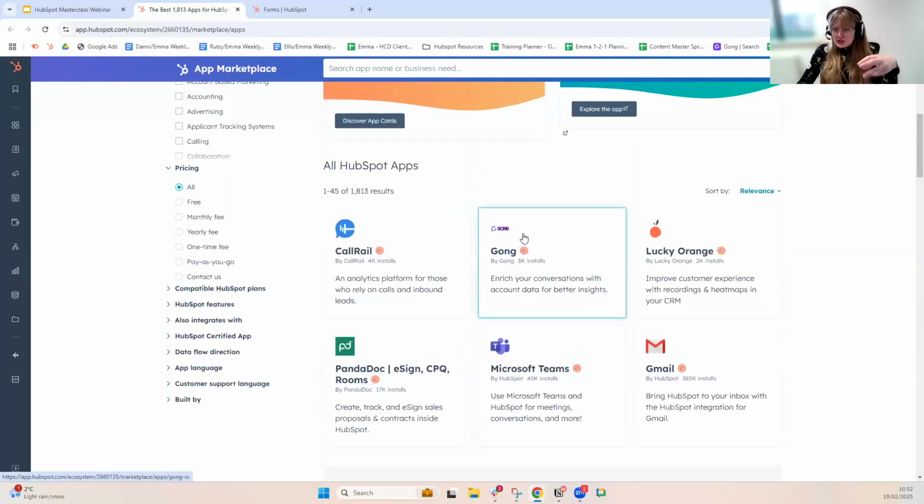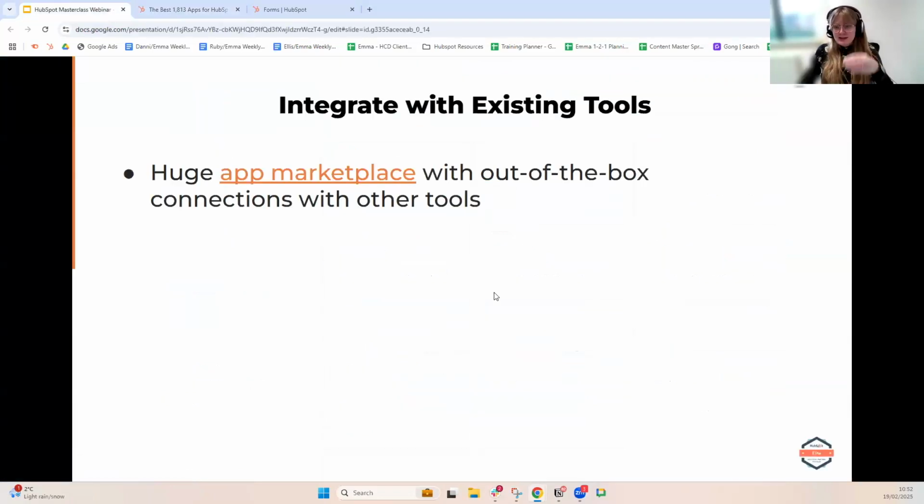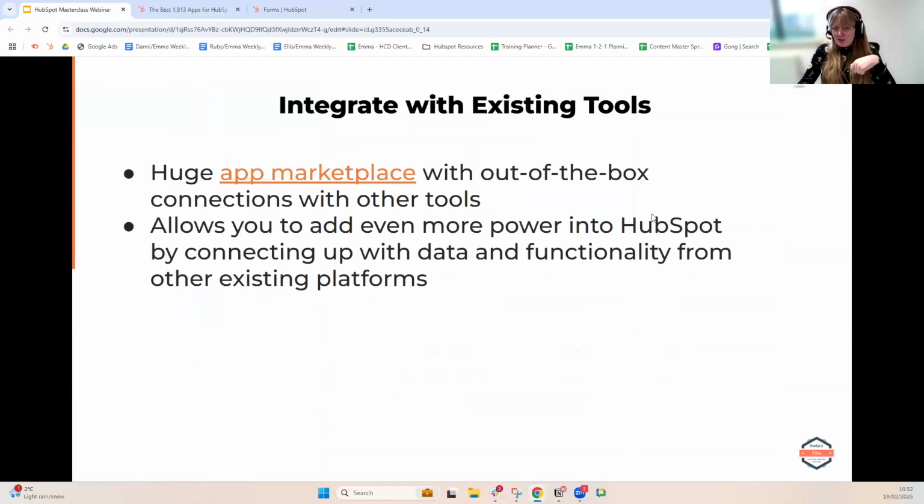HubSpot can talk to and pull that data to and from and work alongside, which just adds a huge amount more power into your HubSpot account. Whether that be the data or the functionality from these other